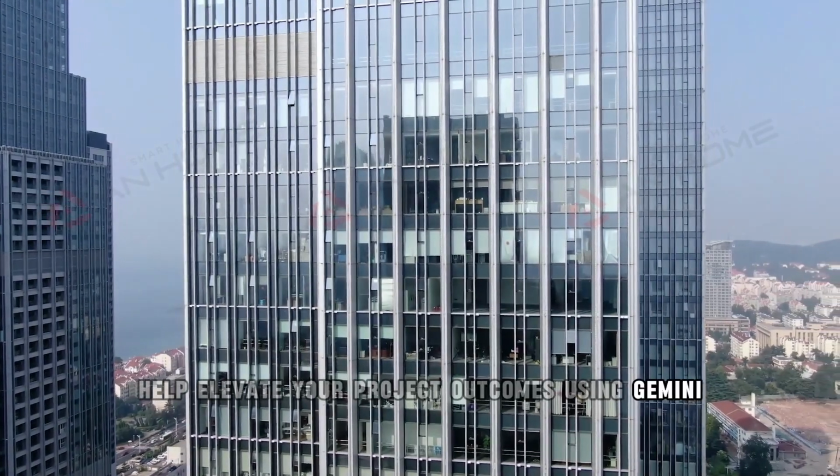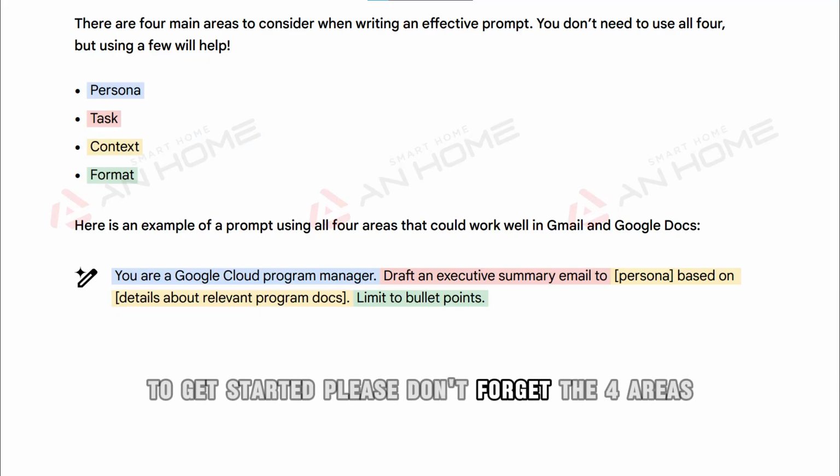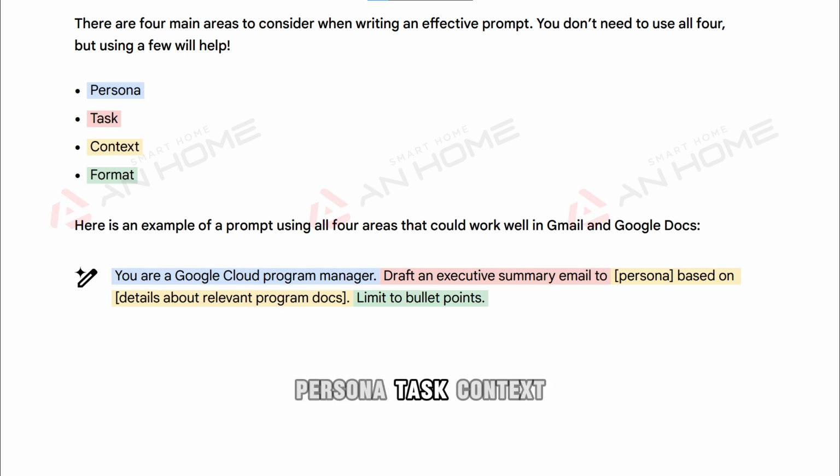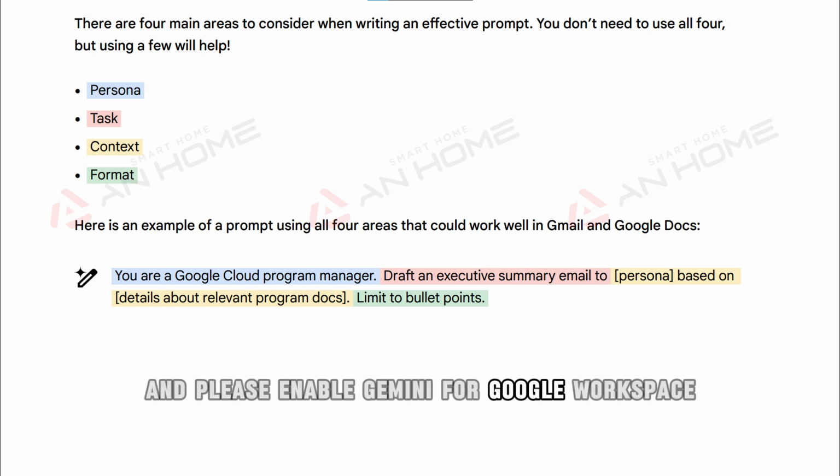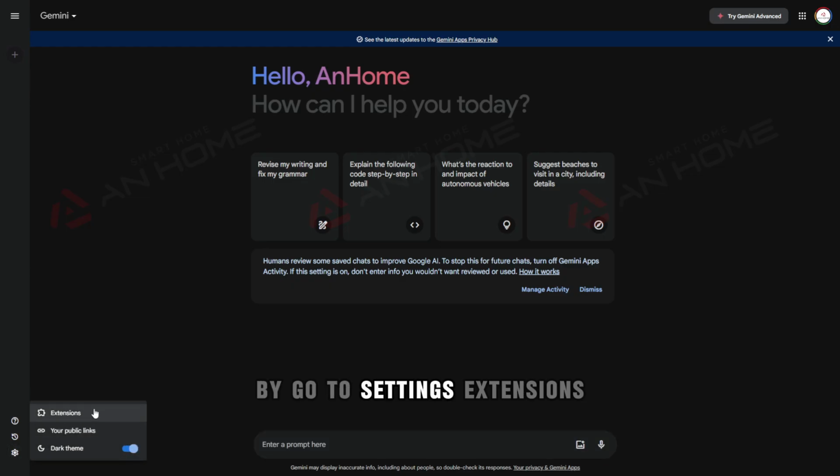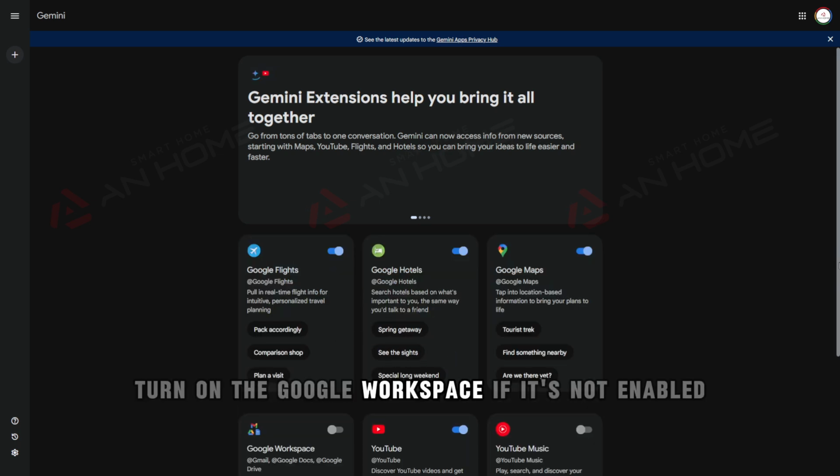outcomes using Gemini. To get started, please don't forget the four areas: persona, task, context, format to write an effective prompt. And please enable Gemini for Google Workspace by going to Settings, Extensions, and turning on Google Workspace if it's